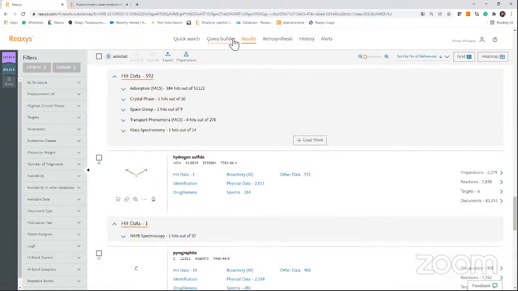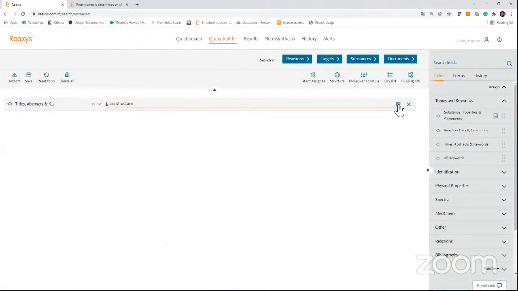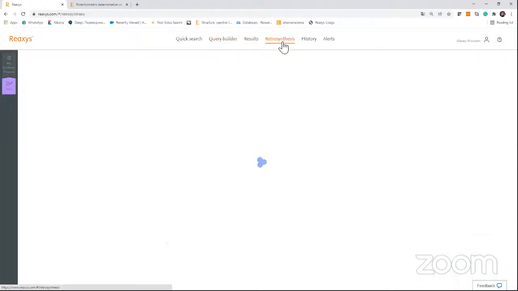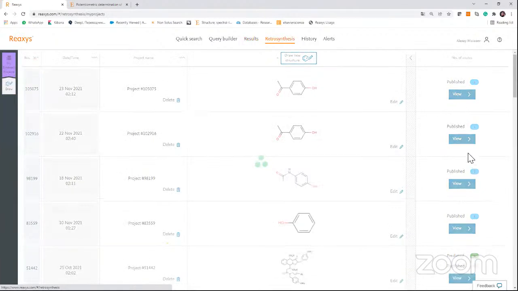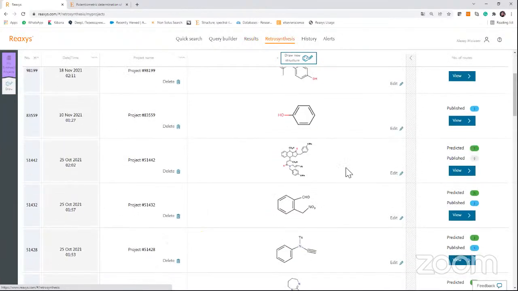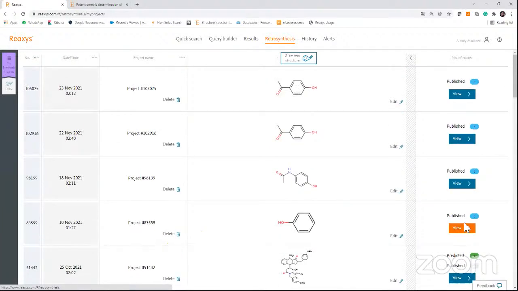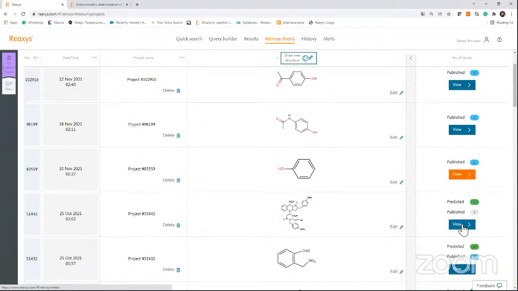For any compound that we are working with, if we are doing retrosynthesis, we have two ways of working with the chemical synthesis. For example, we can work with reactions that were already published, but also predicted.